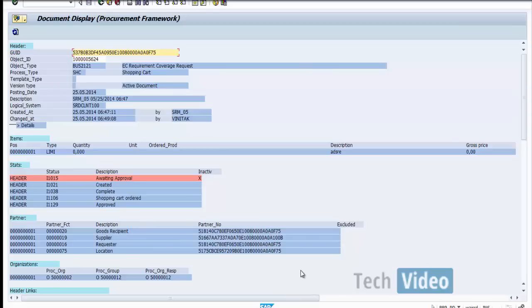to save time. This is not recommended to be done in production because in production there is always an audit and you would not want your company to be caught in such instances where the system administrator has managed to approve a few shopping carts and created a purchase order without a proper approval from the different account heads. So this is just for our testing purposes in a development or a quality system.